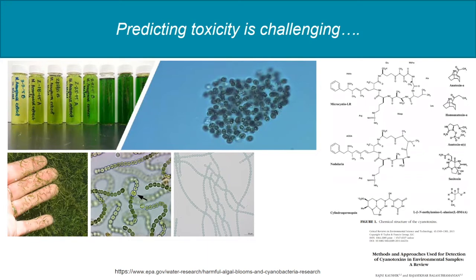And we need to also consider the fact that there's a suite of toxins that cyanobacteria can produce. Some species can produce multiple toxins, all of which can impact health. We often only test for the most common toxin, which is microcystin, but there are many others that can be found if we test more broadly. So knowing whether the water is toxic is hard, and knowing which cyanobacteria is causing the problem can also be challenging.